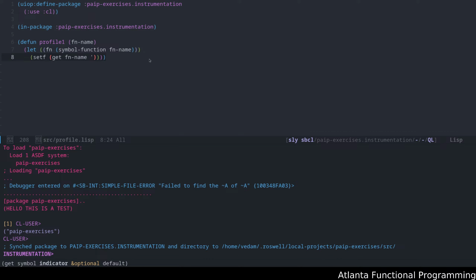All right, so the first thing is we're going to first create the unprofiled function.